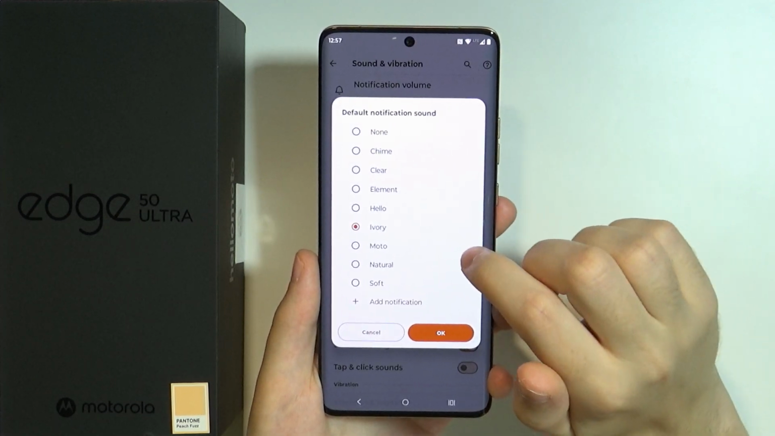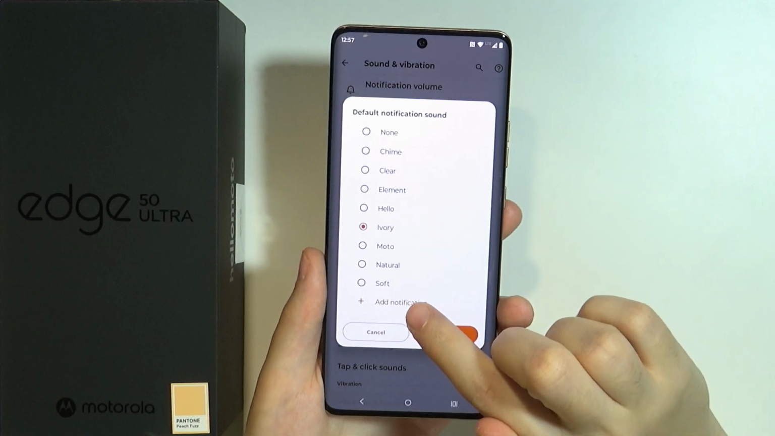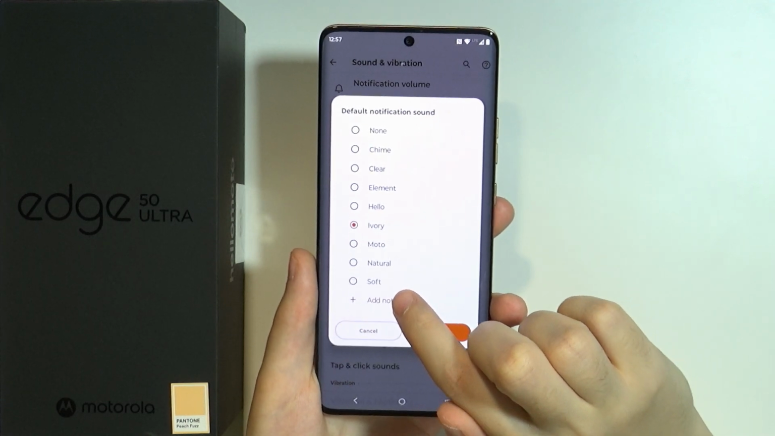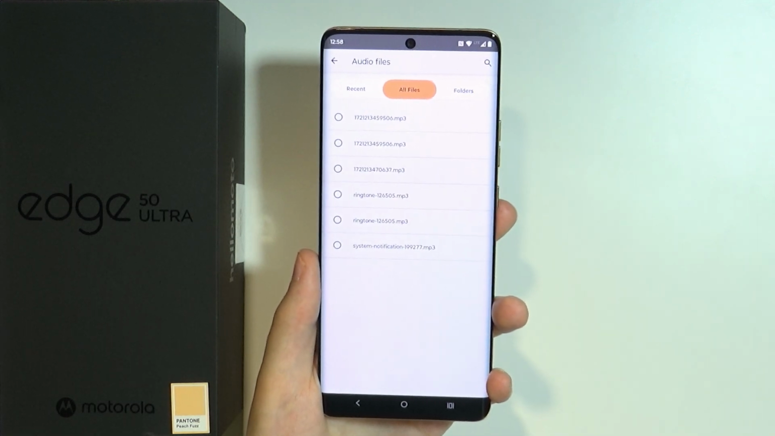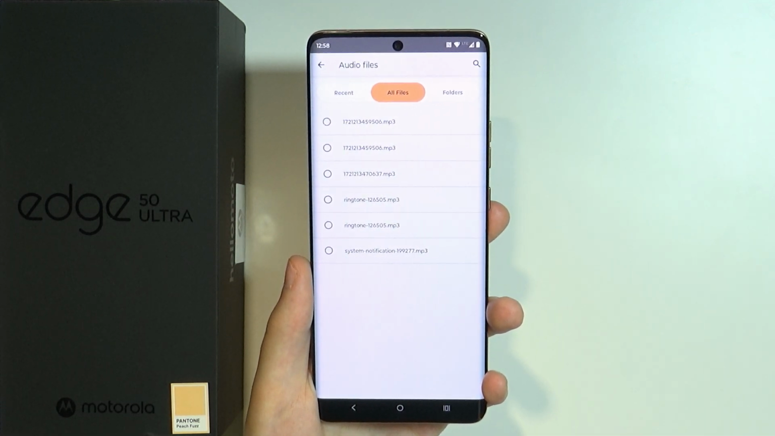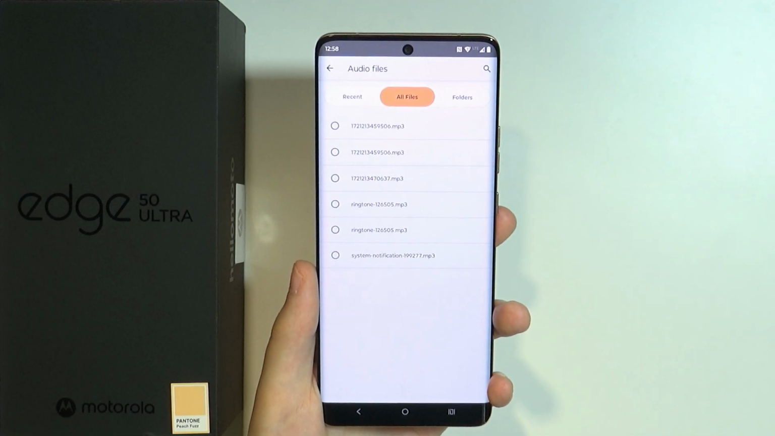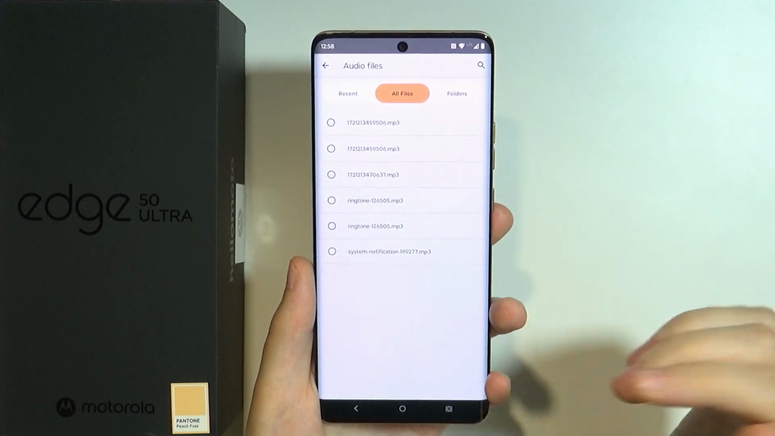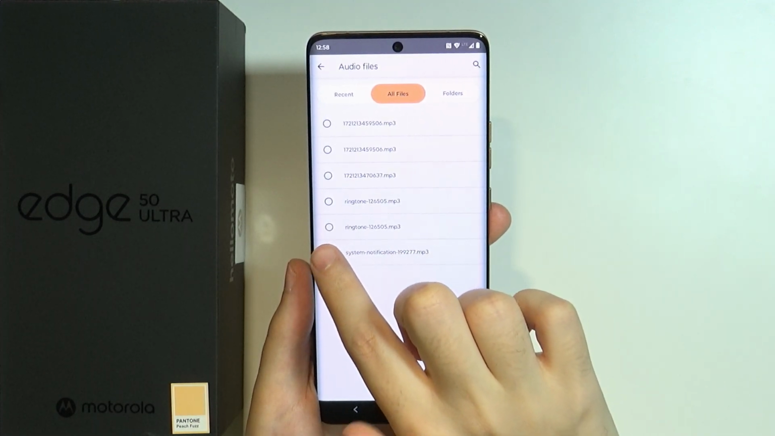Of course, you will open the list of default notification sounds available on this device. However, at the bottom you have add notification button, so we can press it. And now we will open the list of audio files that we have saved on our device. So of course you need to have your new custom notification downloaded on this device, or you can use any other method in fact. But nevertheless, once you have your audio file on your device, then you can select it